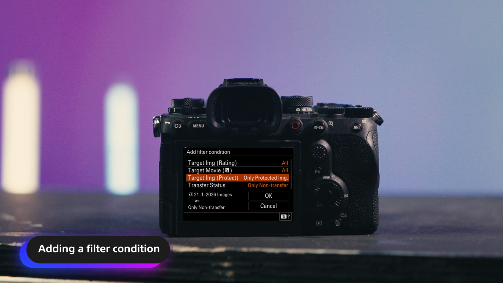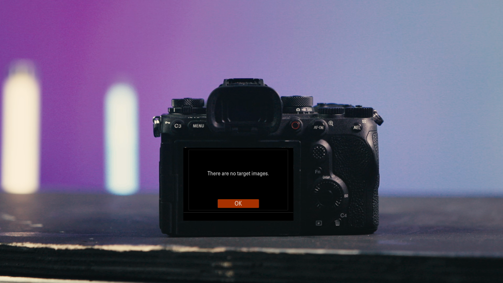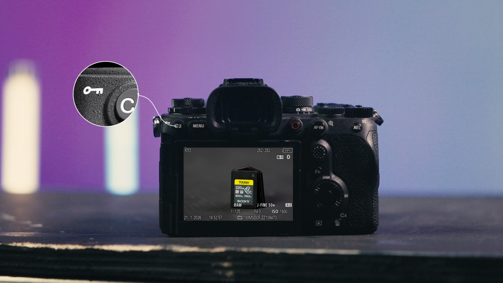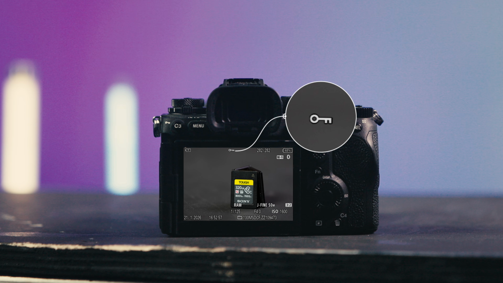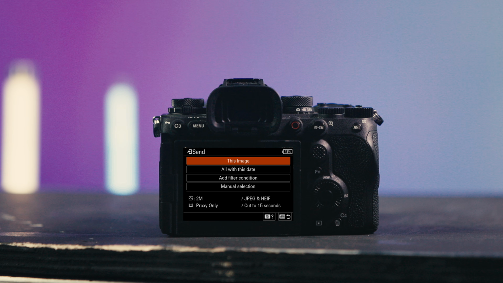At the moment, I've selected only protected images and only non-transfer. So if I go onto my images, it realizes there's no target images. If I press the protect button, as you can see, the protection symbol has come up at the top of the screen. Now, when I'm in my playback, I might not even be on this image, but if I'm on an image from the same day, and I press the FN button, and press the send,